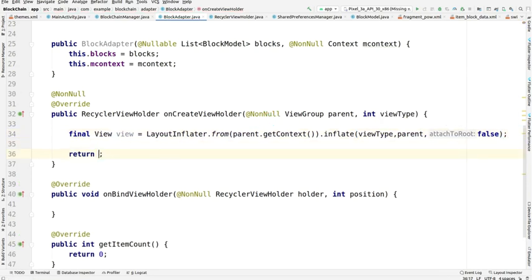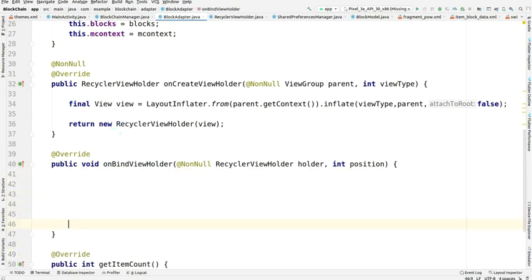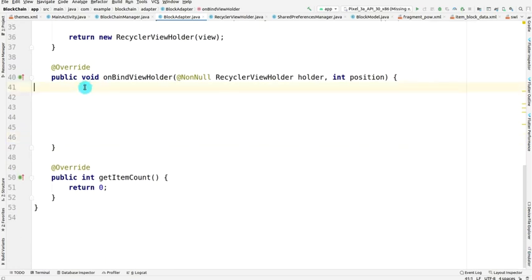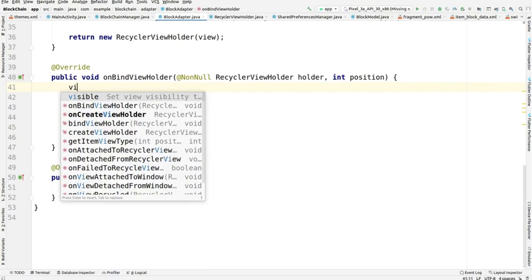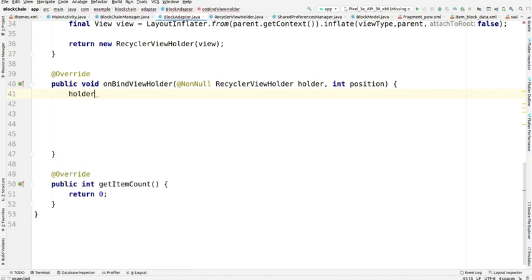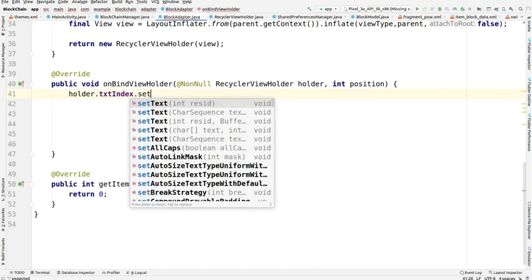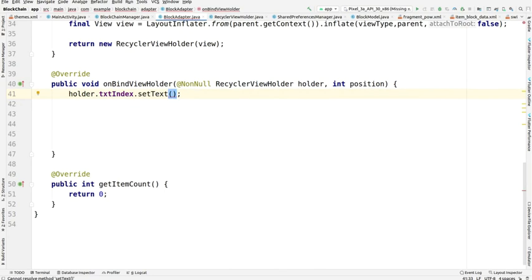We just have to change this, as it will return the object of RecyclerViewHolder having the view as its parameter. Okay, so for now we are in onBindViewHolder, and within this onBindViewHolder we have to make a few properties, but before that we are remapping this, setting the text for the TextViews that we have mapped in the previous view holder class.